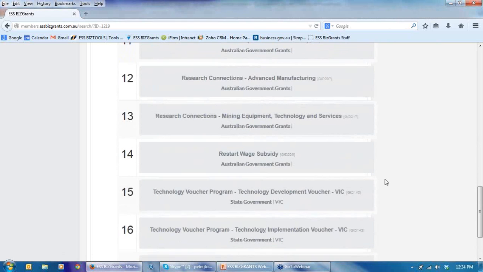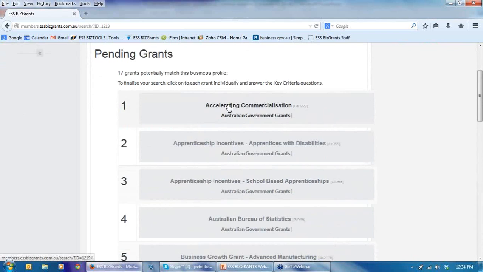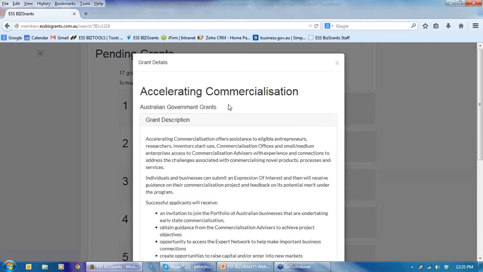And there's some Victorian government grants that are also being disclosed for this client. Now, we're not going to work through all of those today. It does take a little bit of time. Some of them are not going to apply, but that's your first run through. There's 16, and a couple of these are free grants. So if we go back to the beginning, if you want to see how the system then works, we'll show you in a moment as soon as the system catches up.